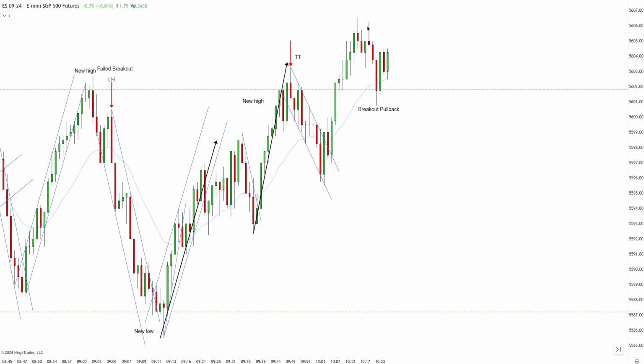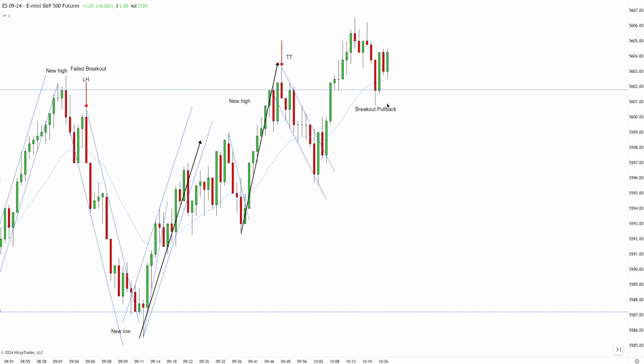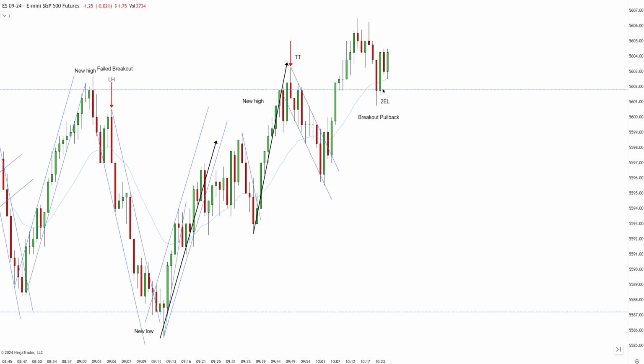Okay, we have a new high, first entry long, pullback, second entry long. So we have a second entry long. I don't really like taking the second entry long just yet. Why is the second entry long not a great setup just yet, even as a breakout pullback? Well, a breakout pullback out of a healthy trend range really needs to get confirmed. Okay, but because the EMA keeps holding and this low is holding as well, it right now allows us to draw